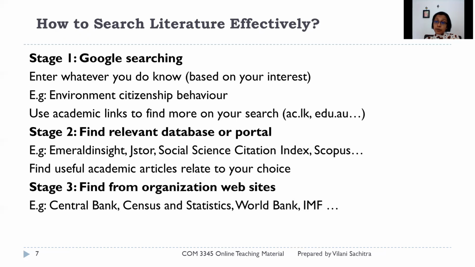So in a practical session, we also give more detail about those relevant databases and portals, right? If you go to the university library website, you can see a lot of e-resources available there. So we can refer to those e-resources like Emerald Insight, JSTOR, Social Science Citation Index, and Scopus database. So those are the databases including a lot of research articles relevant to the vast areas in management as well as other disciplines. So the only thing we need to do is identify the relevant articles about your study. That's the most important thing for you to do based on the search of literature, right?